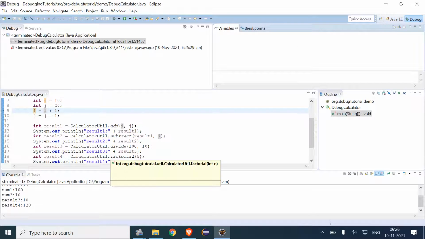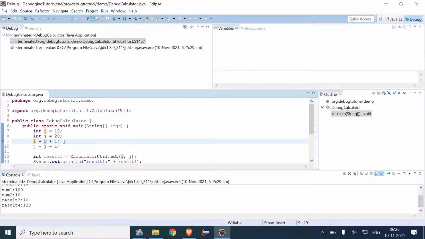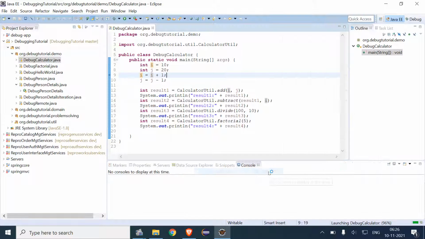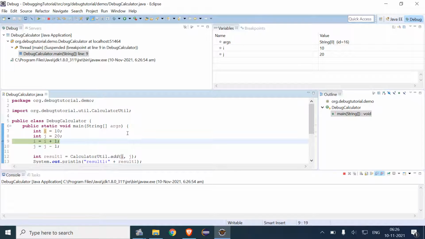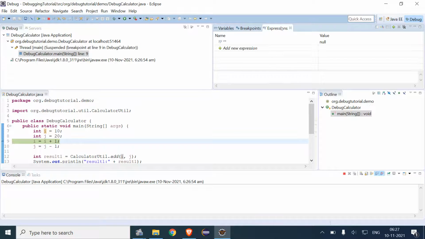So this is the expression column here, and we can give any type of expression that is already present in the program.